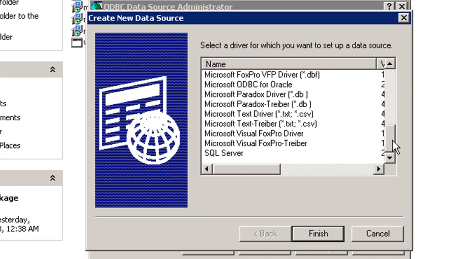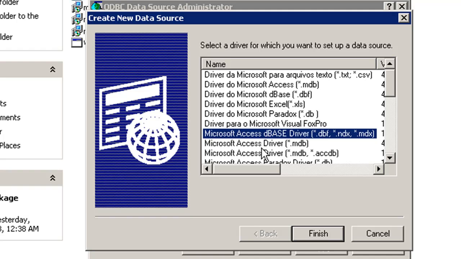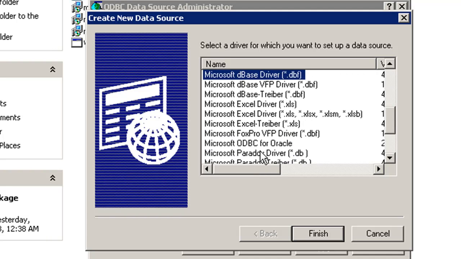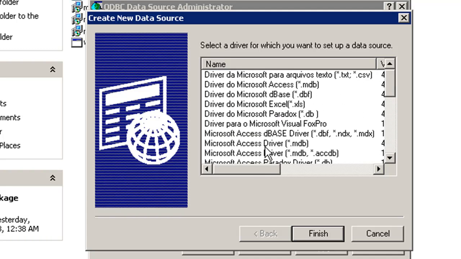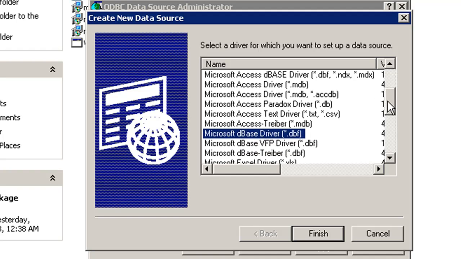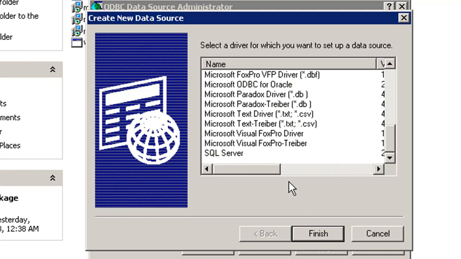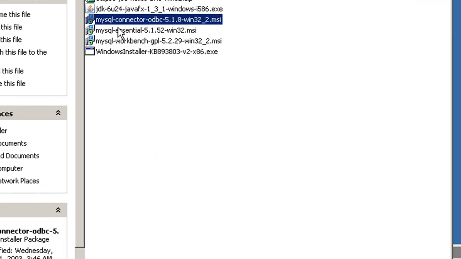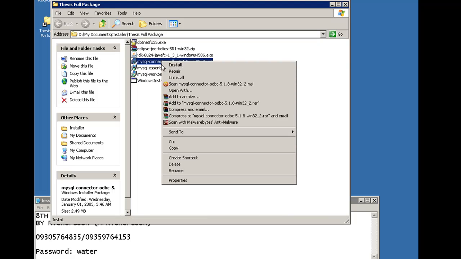If we have a DSN for MySQL, we will be able to create an ODBC for MySQL. Here I think we don't have it, so we must install it. Click the X button. After we finish installing, we will have a MySQL DSN for ODBC. Click install.